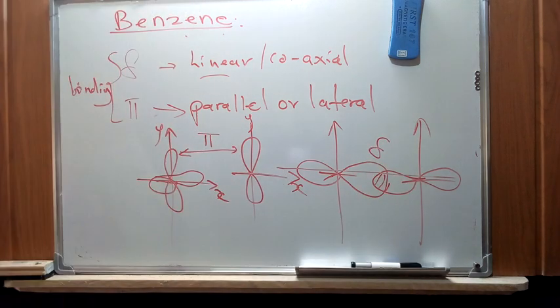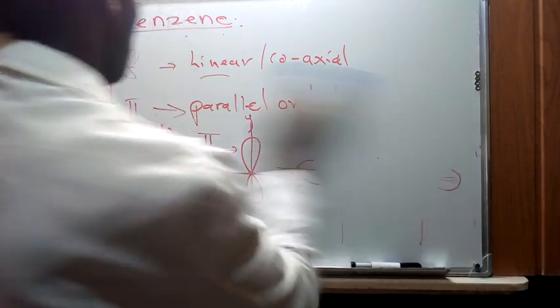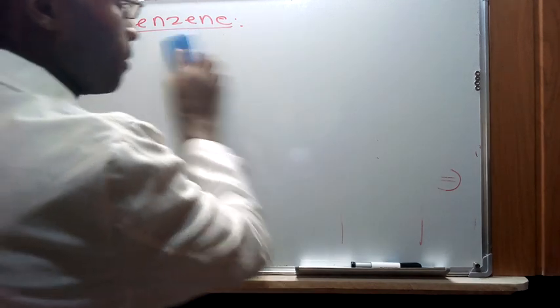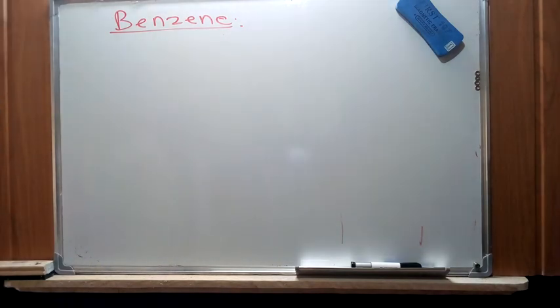This is what we call sigma. The sigma bond is bonding that results from the collinear or coaxial interaction of atomic orbitals. So that one is said and done. For the purpose of the concept that we have discussed, we're going to see that benzene is a planar